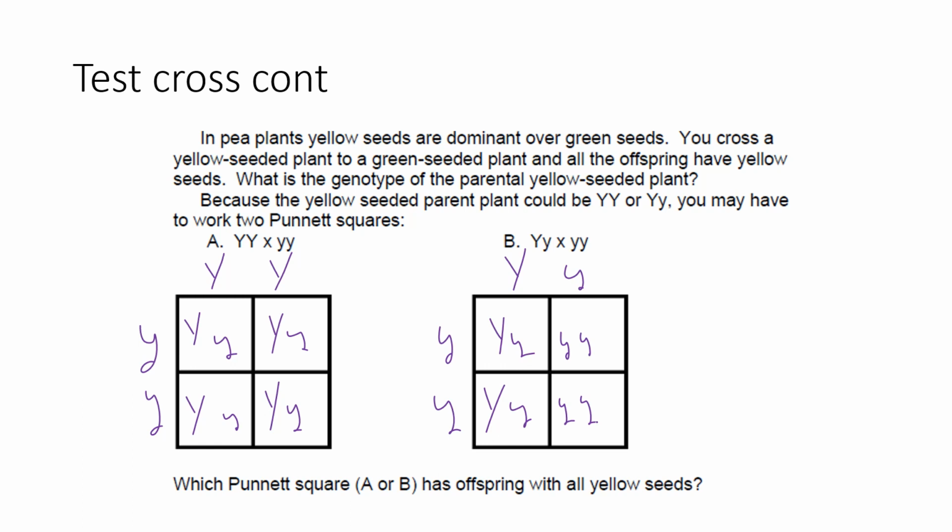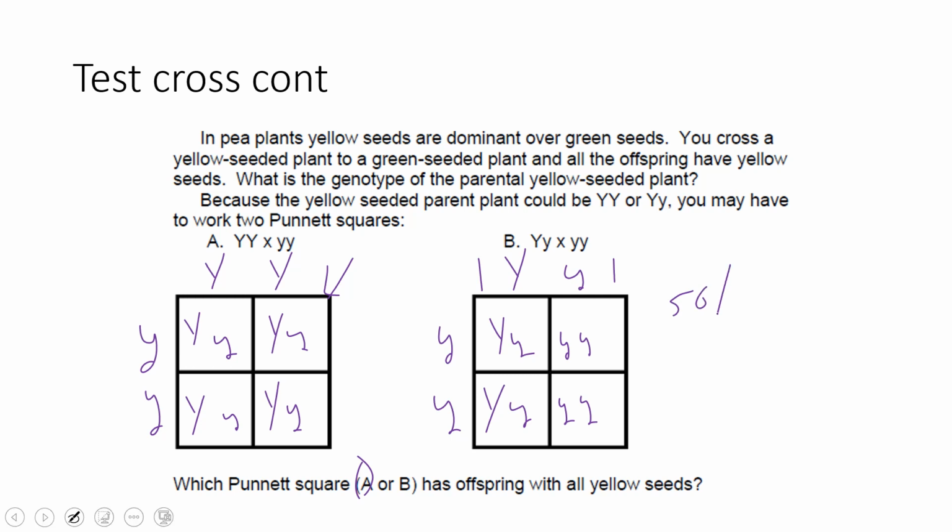Okay. Which Punnett square, A or B, has offspring with all yellow seeds? Well, as you look at this one, every one of those boxes has at least one capital Y, which means every one of those babies end up having yellow seeds. And so the correct answer to that question is A. Now I want to go ahead and look at B really fast. As we look at that, these 2 are both yellow, these 2 are both green,